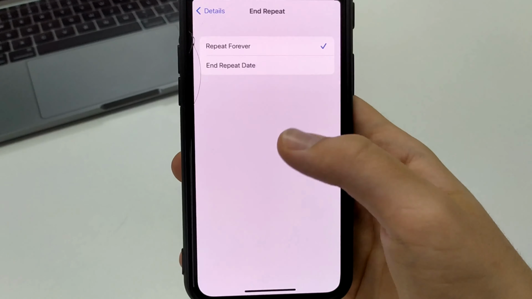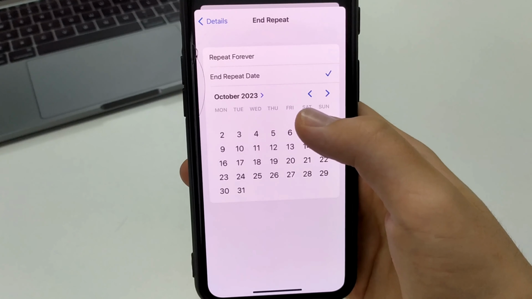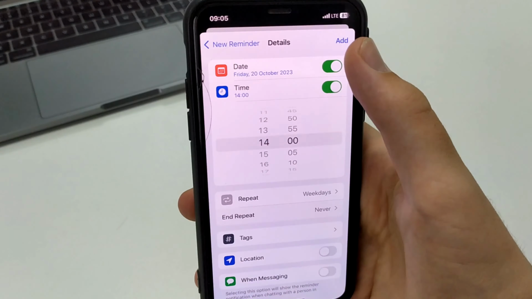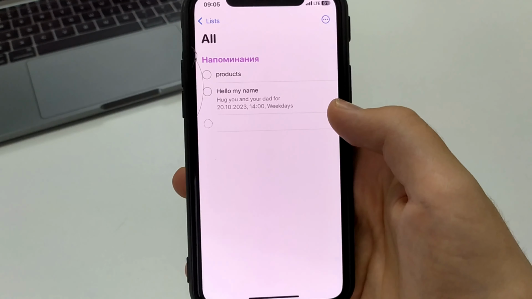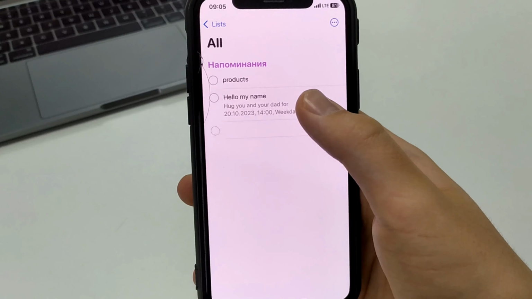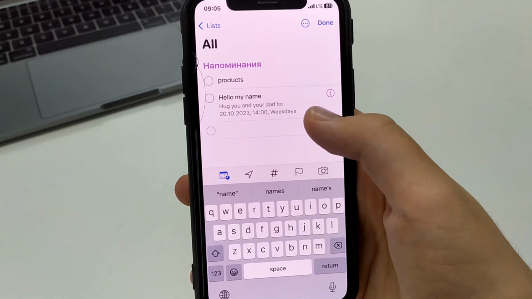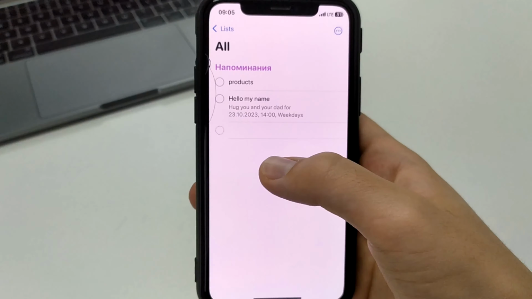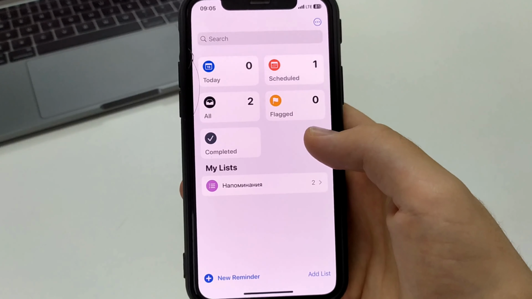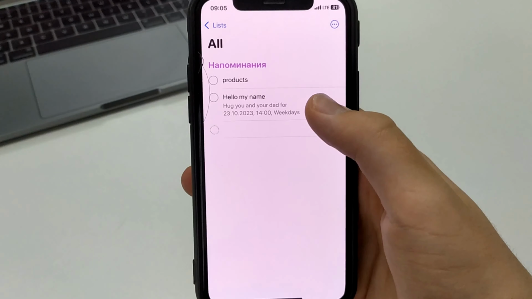And then our reminder is added, and it's like this. We can go into it, and we can click on it like this. We can click on the 3 dots, and we can edit it. So we can click here, and this is our reminder, and we've added it. And we can look at it. We can edit it, and then we can click Ready.